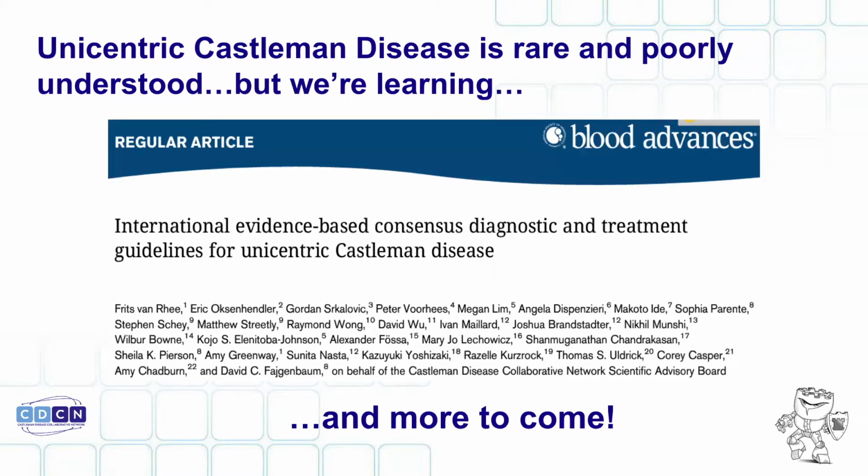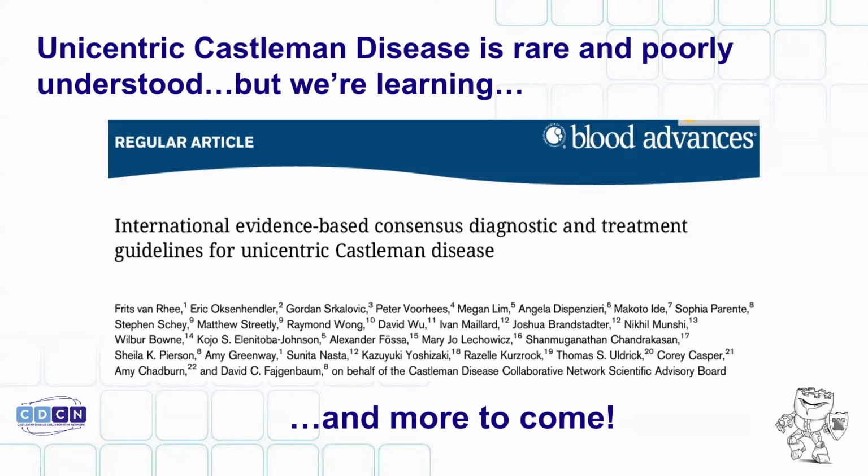Doctor, are they still considered as having UCD? Yeah, they would still be UCD. And that would be the most common UCD patient, probably, patients who I might not even ever see. And that's why I'm saying the only thing that's unifying here is a big lymph node that looks a certain way under the microscope. There are a lot of other differences between all the patients that we call Castleman.